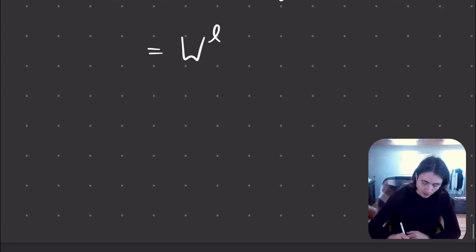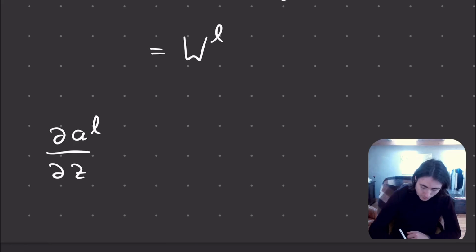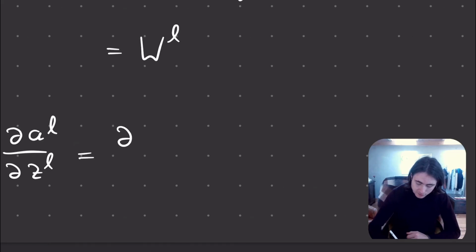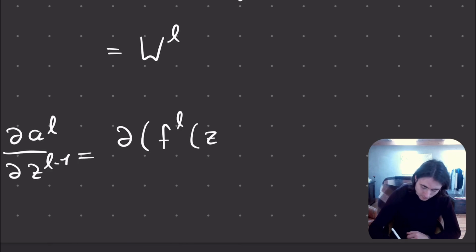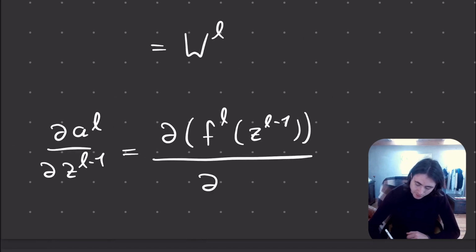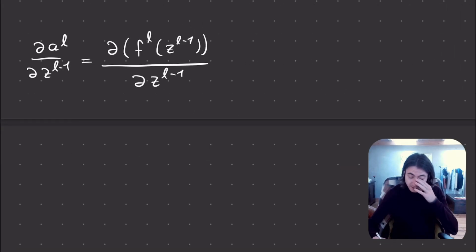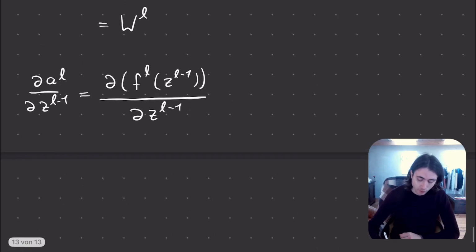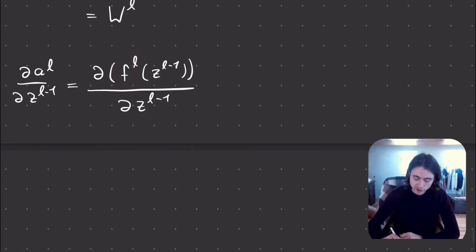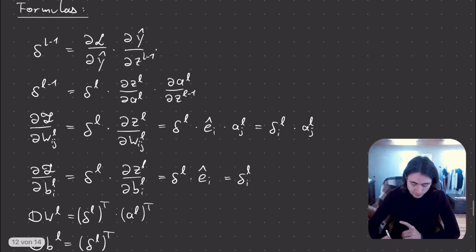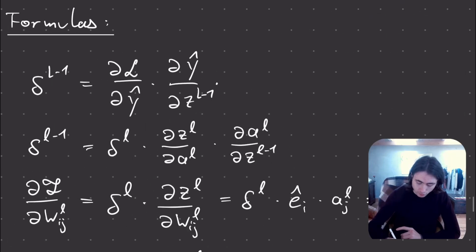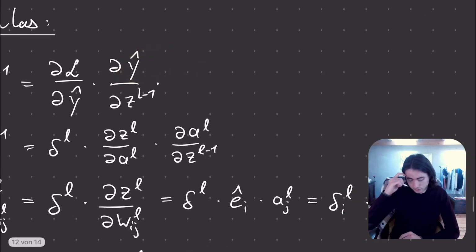Now let's look at the other term, the partial of AL with respect to ZL. So let's write out the definition again. We had FL of ZL minus 1, like this. And we differentiate that with respect to ZL minus 1. And now, in order to continue the calculation, we need to make use of a very important property of our activation functions, which, by the way, is only true for the activation functions which are not this one here. So it's true for all else except the